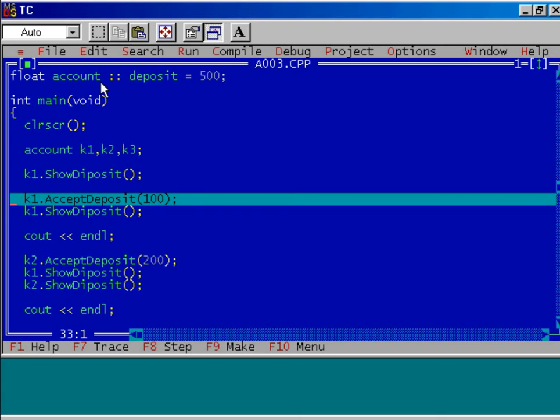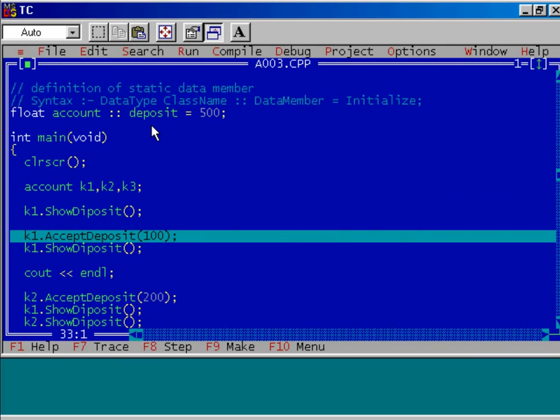What is the reason? Because while defining the static data member, we have initialized it with the value 500, and that is why, before initializing any data member of the object, we got this value. Have you noticed one very interesting thing? I have not initialized the data member of the K1 object, and directly I call the member function show deposit.